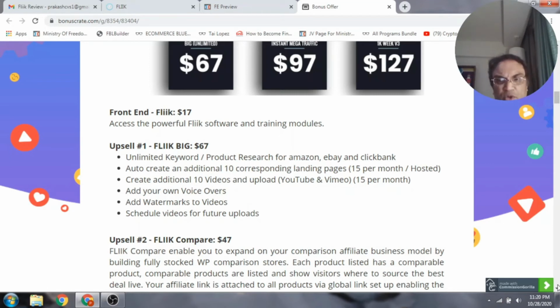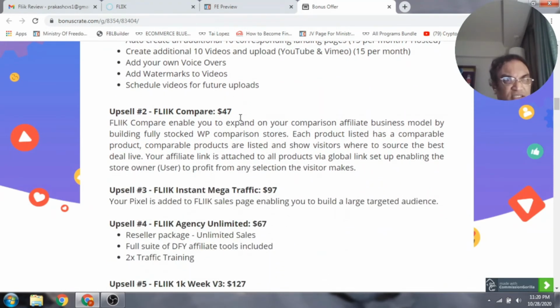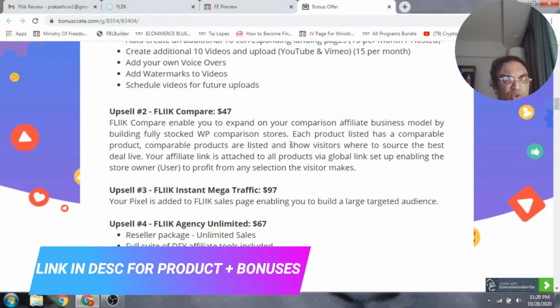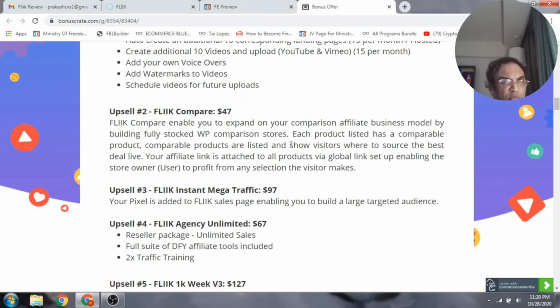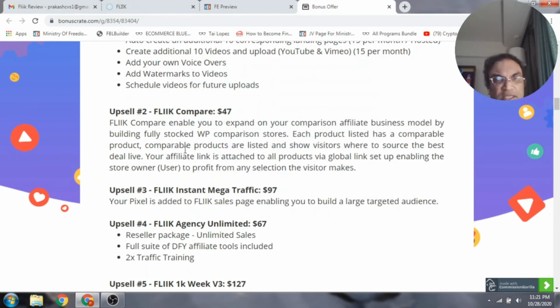Option number two is you're going to get access to compare, and this is the thing, guys. This is what you would look for, because you can compare between two stores, two e-com stores, two e-com giants, that's eBay and Amazon. You can compare, and you can just give out the prices and everything, and you can show it on the squeeze page as well. So this is a straight comparison here, and this is the thing what you have to look for, guys. This option number two will be very useful to you.